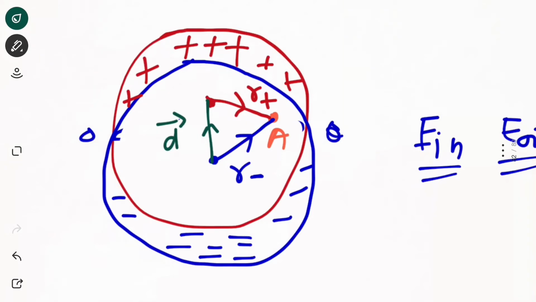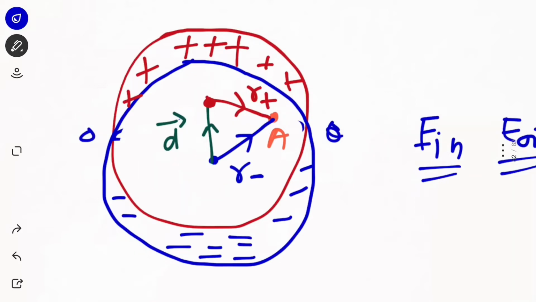Now these centers of the spheres can represent the whole charge, as we know that a sphere can be represented by a point charge at its center from a very large distance. So here we have the positive charge center and here we have the negative charge center. So it is representing a dipole.